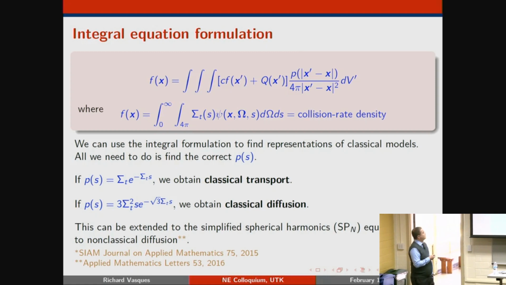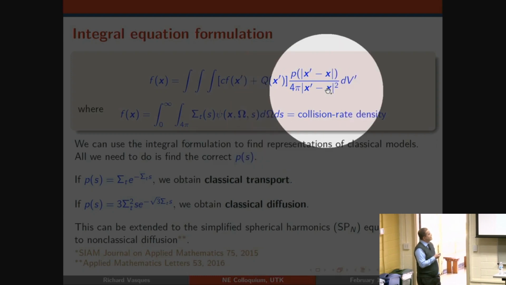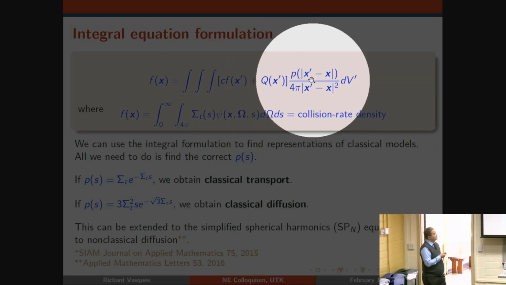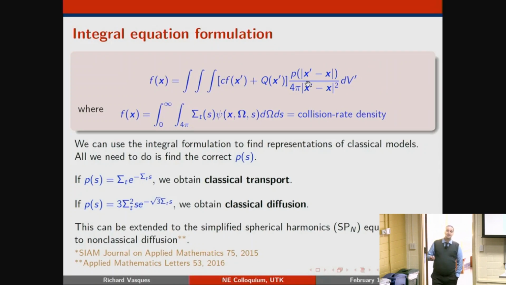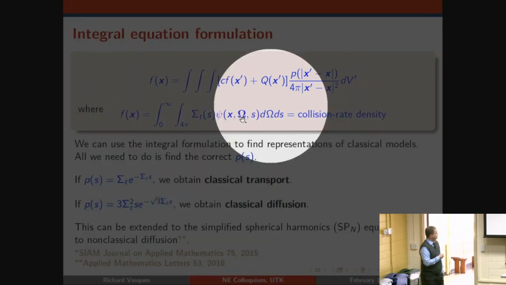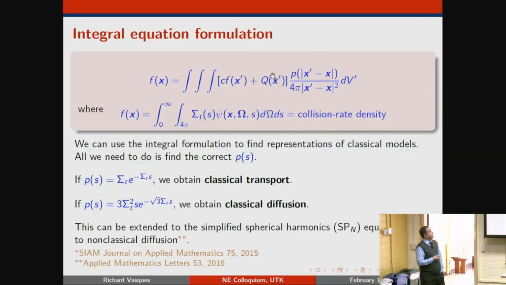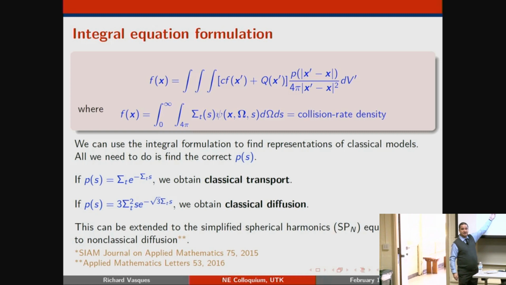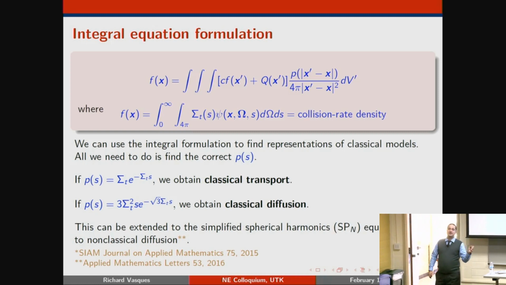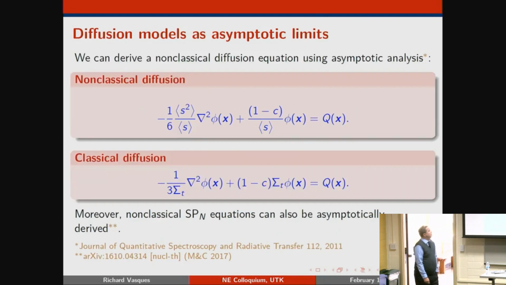This integral equation form is going to have a probability function inside, and different choices of that probability function are going to give you different results. If I choose an exponential and I plug it in there, I end up with classical transport. If I choose this one, which needs some deriving to do, then I get diffusion, exactly diffusion. If I run a Monte Carlo code with this probability function here and sample from that, I'm exactly reproducing the solution of the diffusion equation. And you can do that for SP2, for SP3. You can do that in different ways.